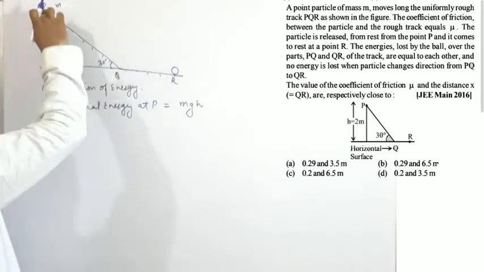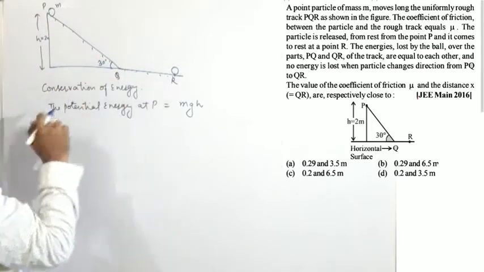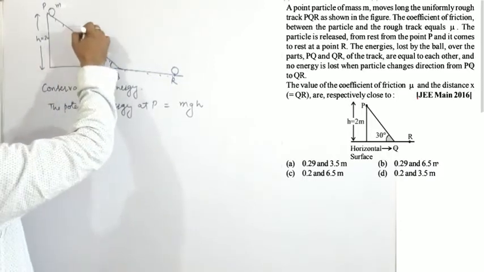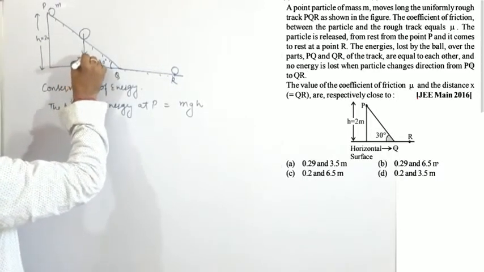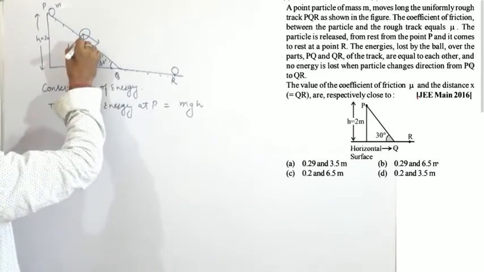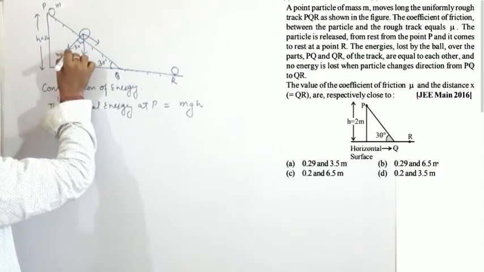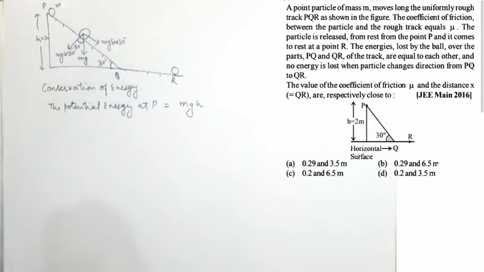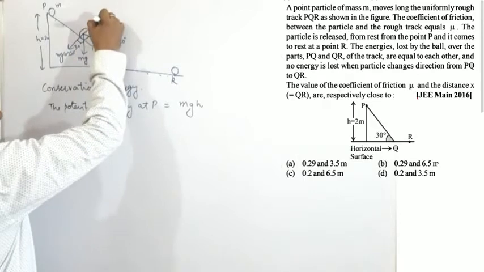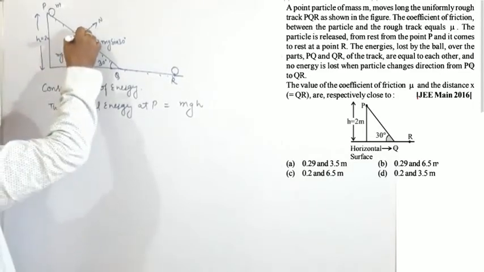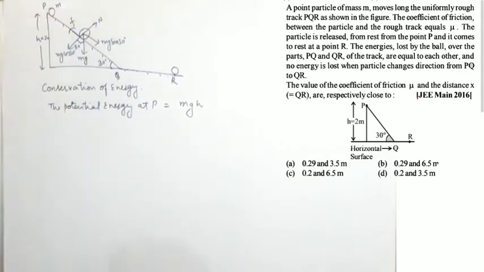Now the particle is moving down the inclined plane, so what should be the friction force? So first of all we have to take mg, and the components of mg, where the angle will be 30 degree. So this is mg cos 30 and this is mg sin 30. Okay. Now the friction force is provided by the normal reaction. So here the normal reaction is n. So the friction will be along the inclined plane, in the upward direction.